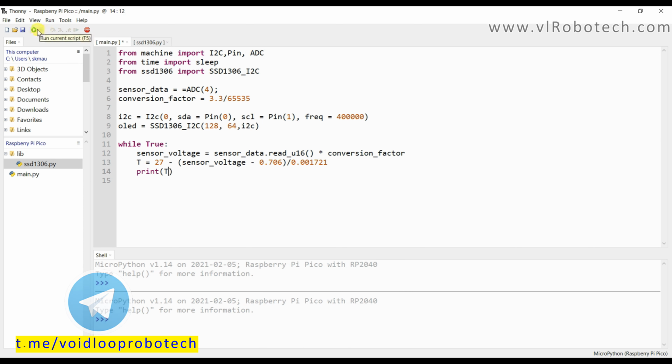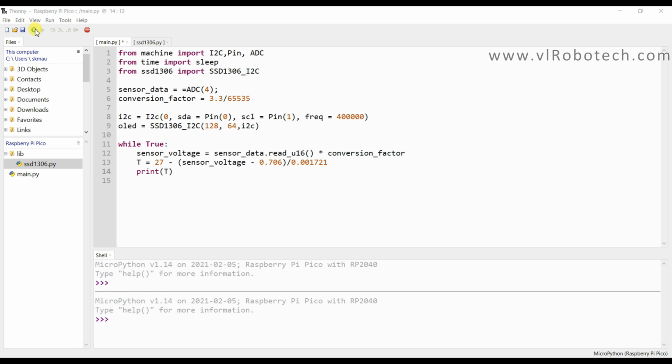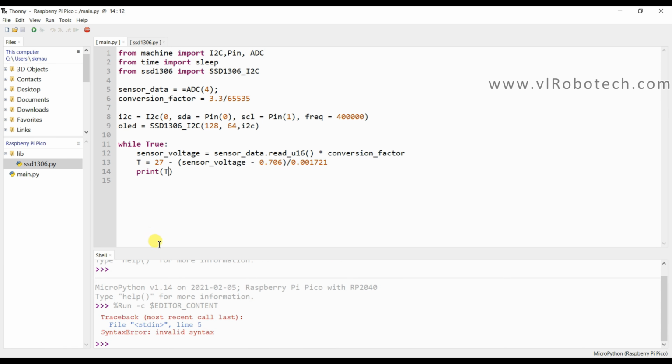Once I run this program, here it is showing a problem. Oh, here it should be a semicolon, sorry.